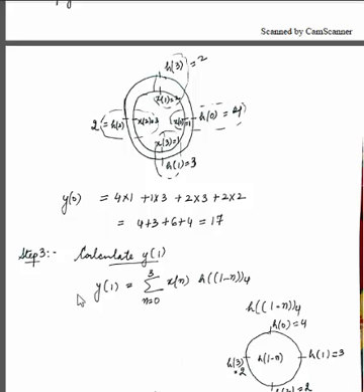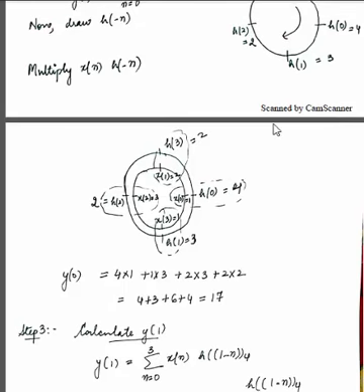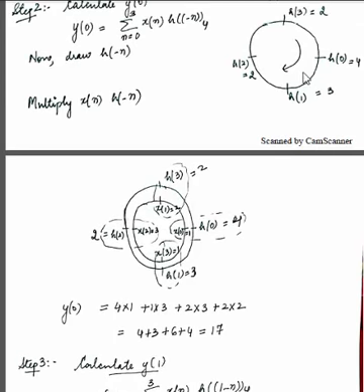So it becomes y of 1 is equal to summation n from 0 to 3 x of n h of 1 minus n. If we take minus as common, it becomes h of minus, in bracket, n minus 1. That means delay the sequence by 1. Which sequence? That is h of minus n. So h of minus n is this sequence. So delay it by 1 unit.